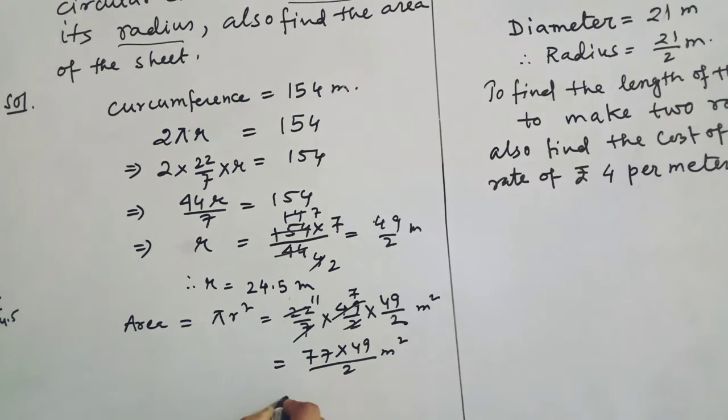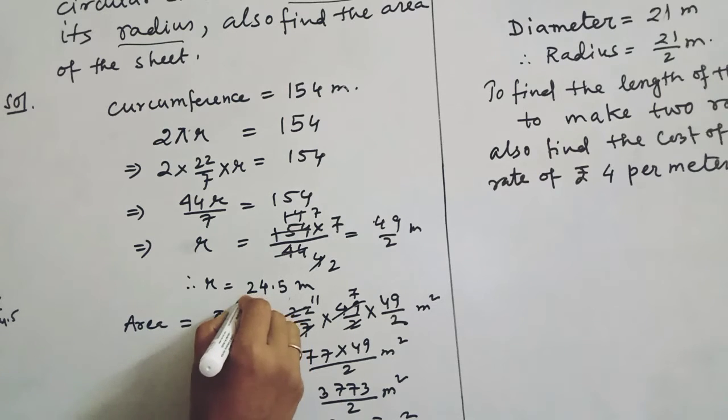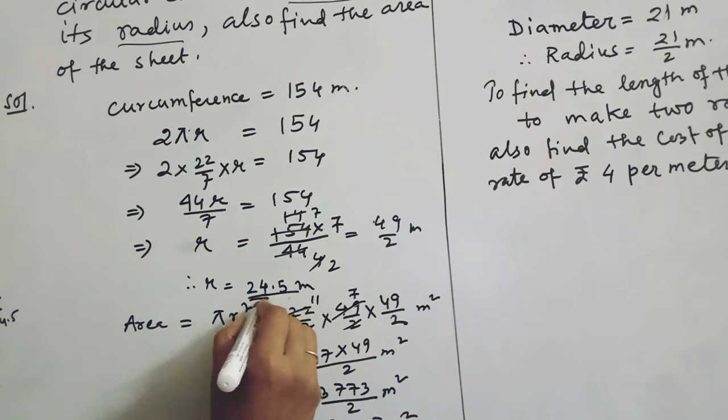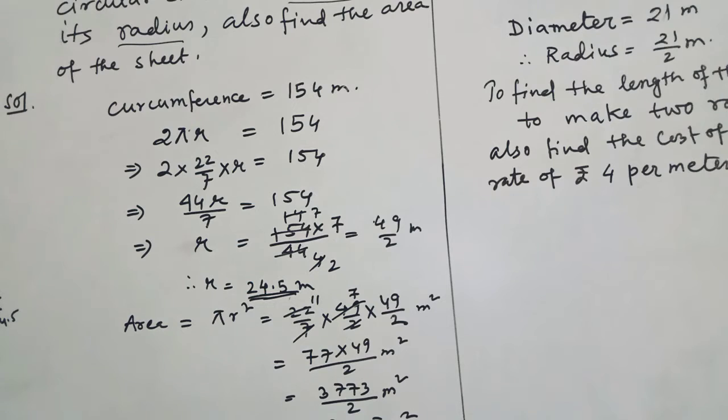If you multiply this, 77 into 49, you will get 3773 by 2 meter square. And if we divide it, in the rough portion of your copy, you get 1886.5 meter square. So the area of the circle we can see here, and the radius of the circle is 24.5 meter. Understood? Next sum is